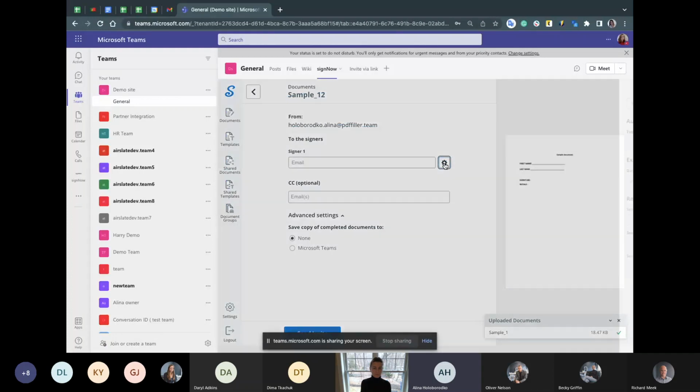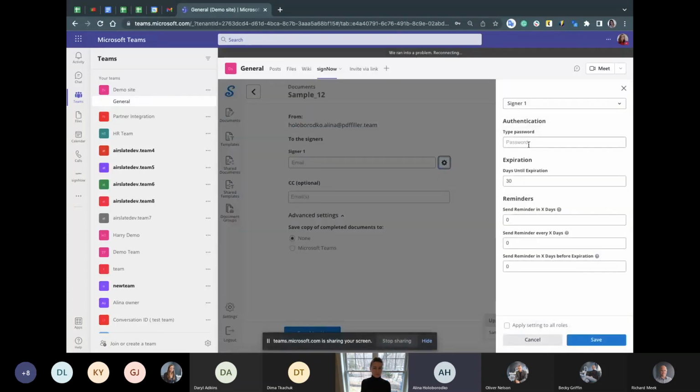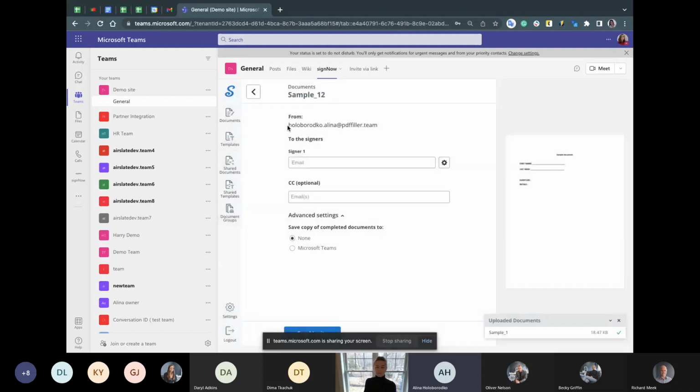I can have specific settings if I wanted to create, for example, a password for my document, so it's going to be more secure. I will save this password. When the signer is going to open this document, they need to insert this password in order to sign. I can put some expiration date and reminders, but I'm going to skip that for now. I'm going to write down